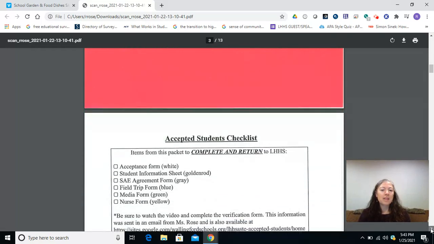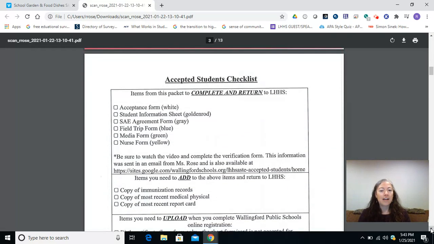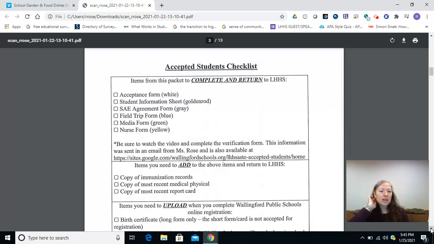The next item is your checklist. And again, if you're from Dagen Moran, your checklist is a little bit shorter because you're already in the system. So you don't have as many things on here. But this is a guide for everything that we'll do this evening in order. And it also tells you what you need to complete, what you need to send in, what you need to keep, etc.